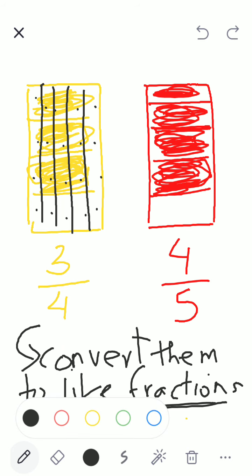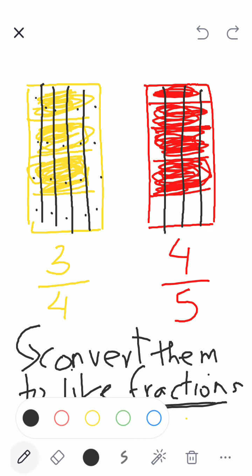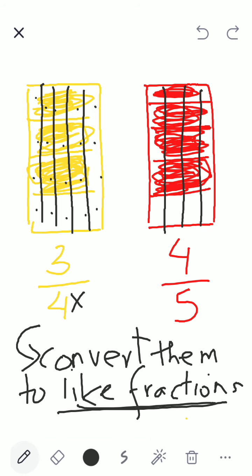Now look at what I'm doing to the red chocolate. It was already cut into how many pieces? Red chocolate is cut into how many pieces now? How many pieces totally? 5. So now I will cut it further into. Now how many pieces did I cut it into? 20. So what did I do, children? Look at what I'm doing.